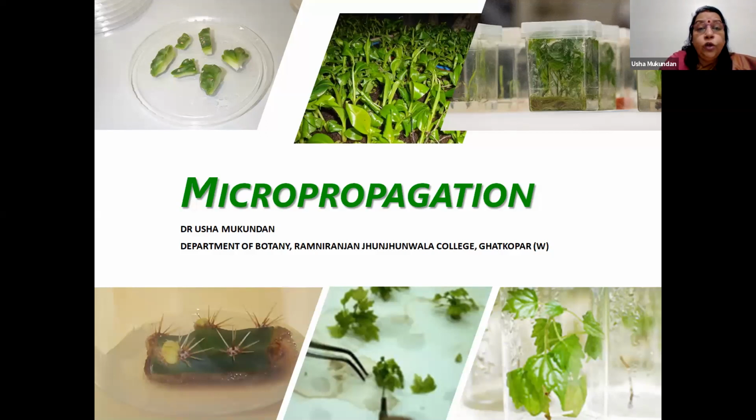Now, there are two aspects here. If you look at your subject matter which is prescribed, you are going to study mass propagation of floricultural plants and medicinal plants. There are two main techniques which we are going to learn here. One is micropropagation. The other one is somatic embryogenesis. Each one of them has its own merits.